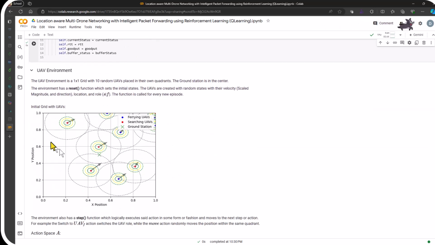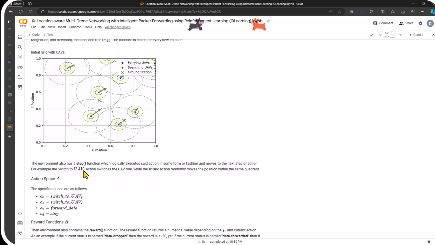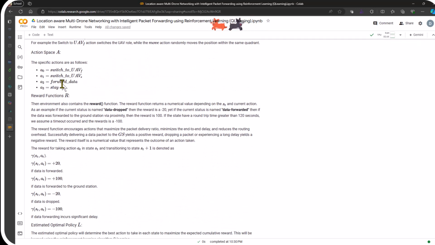This is a Python class that maintains the state. And what we're going to do is initialize a grid that looks something similar to this. The innermost circle represents the network condition. The next represents the goodput, and the next one represents the round trip time. So we have 3 circles here that represent the different conditions and environments that this one particular drone is working with. And the big gray area is the network range that this particular drone represents.